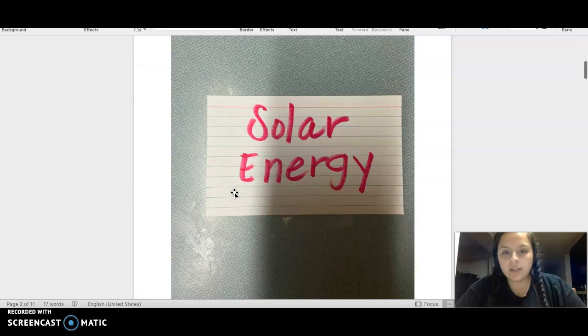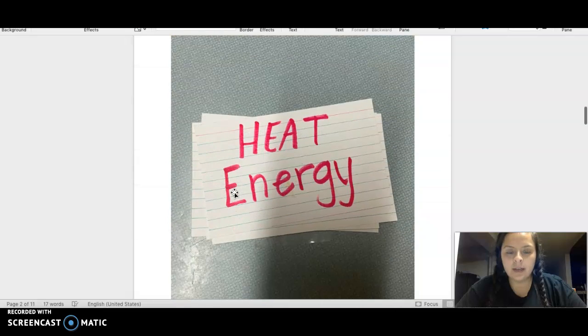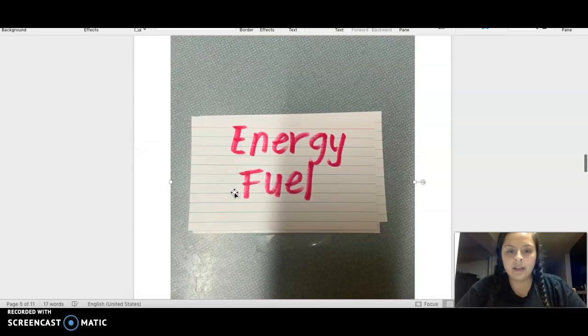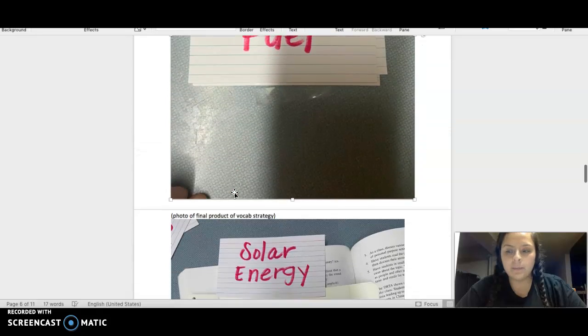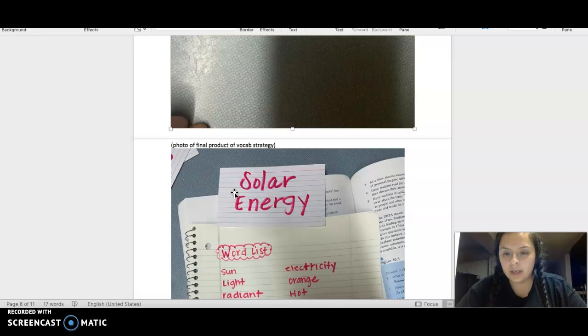The first one is solar energy, chemical energy, heat energy, kinetic energy, and energy fuel. As we read our supplemental and our textbook, we will be working in our groups to create a list, group, and label chart. And I know you guys love doing this because you get to work in your groups and create them together. You will also be creating a scenario using each term that we learned this week with an